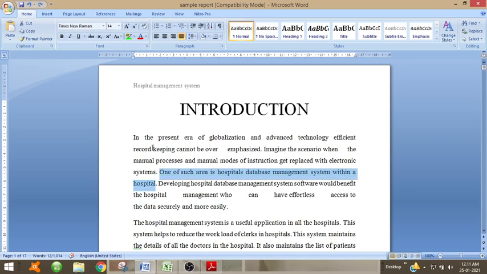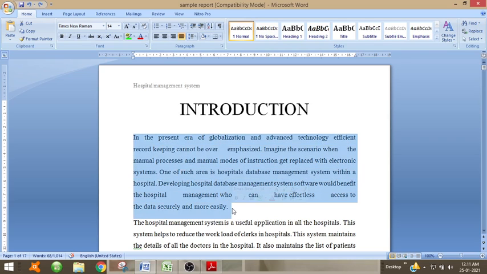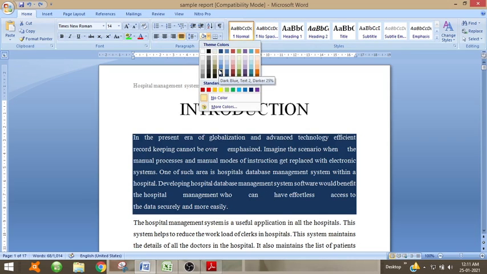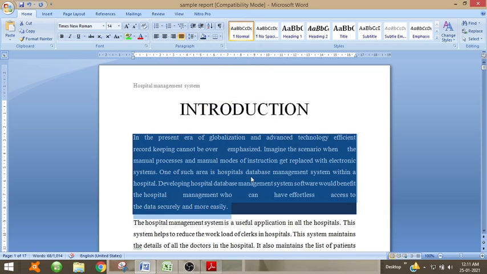Now if you want to give background color to a text, select the text, go to paragraph and select any of the colors. What happens is the whole paragraph will get that background color.